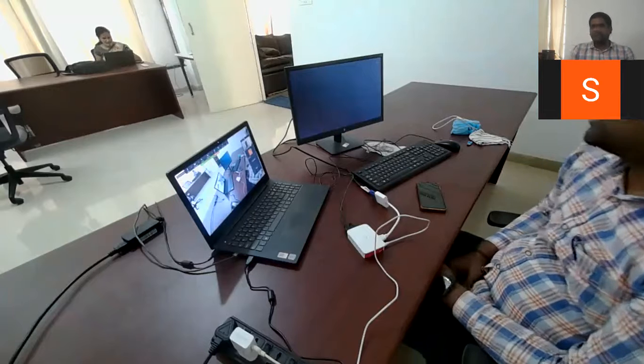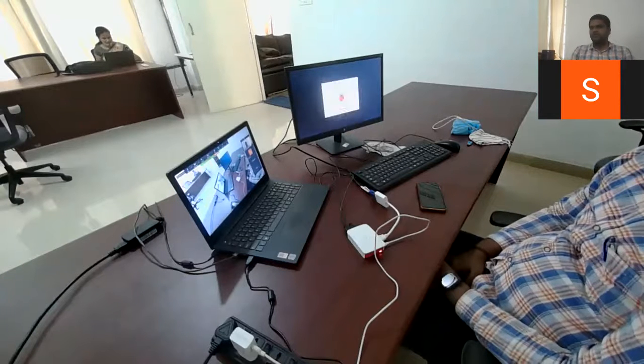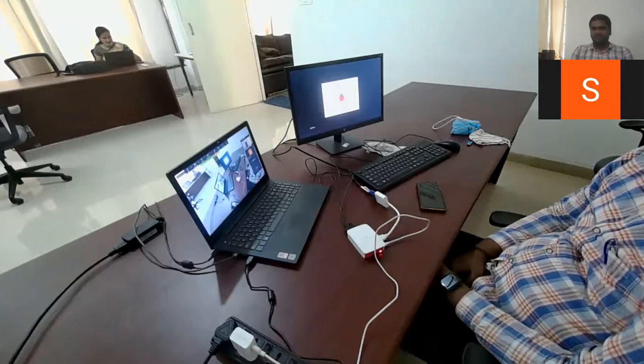Initially, it reboots multiple times because we recently installed the OS onto the Raspberry Pi.